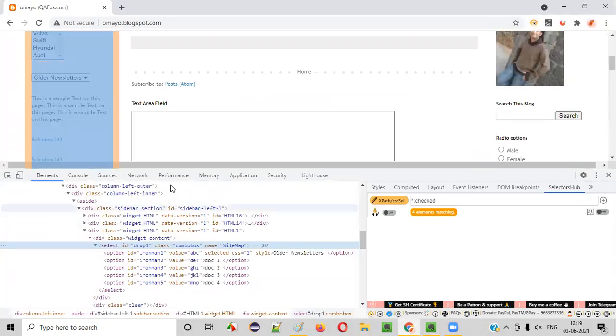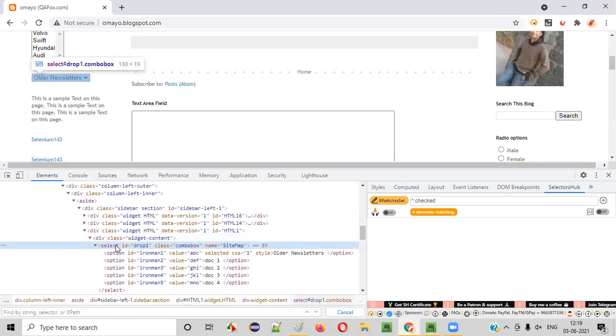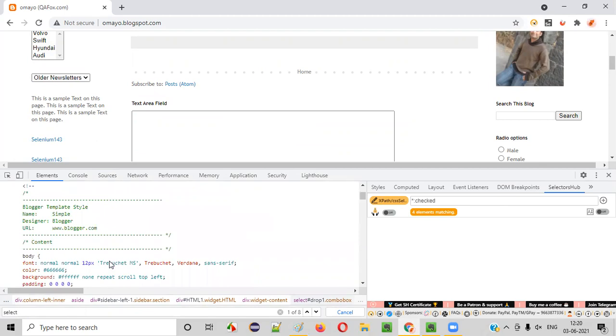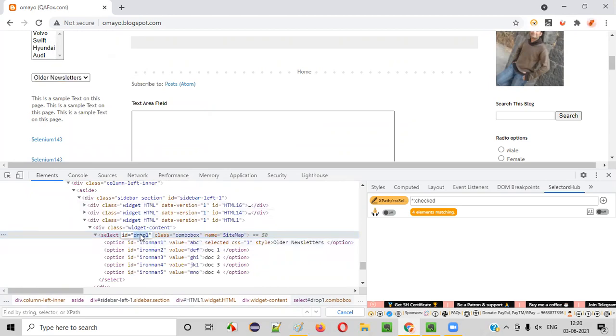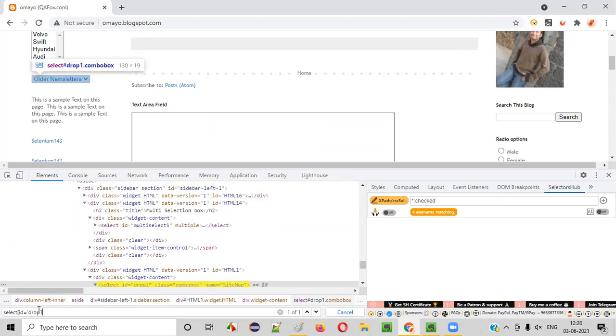And if Selector Hub is not there, what we can do here is I'll just press Control F, selecting one of the lines here. You'll get this text box here. You can also type the CSS selector. For example, I can type select of. If I inspect this drop down field, here is the ID. Copy this ID, and I will say select of ID is equal to the ID value.